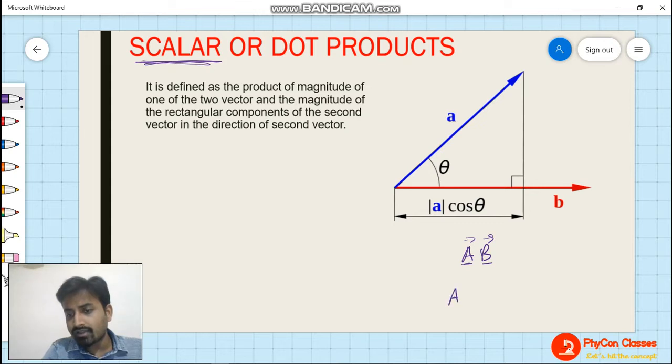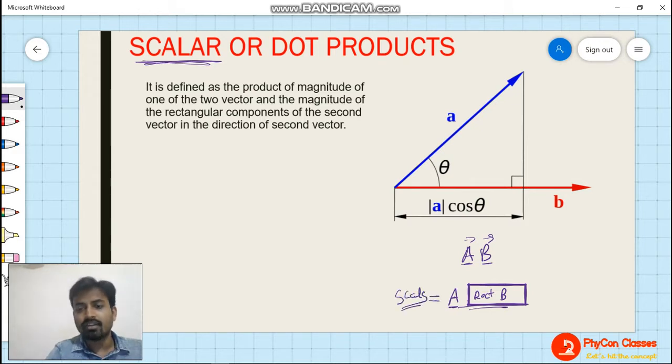So magnitude of vector A, initial vector. Product of magnitude of one of the two vectors, so I am taking A, and the magnitude of rectangular component of second vector. So now what is the rectangular component of second vector? What will be the rectangular component? Rectangular component of B, that we need to understand. So these two product is going to be a scalar product answer. Understand? Now see here. So see in this diagram itself, this A, this vector B in red color,